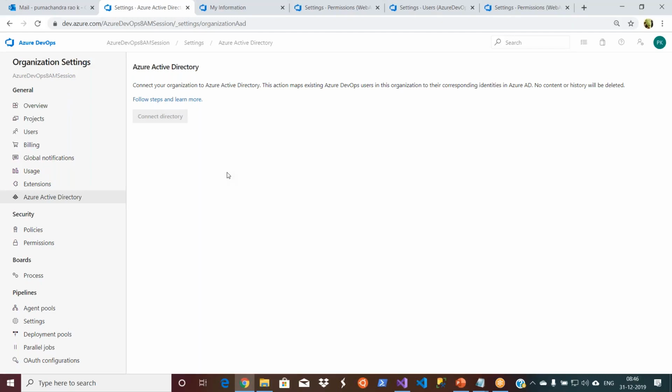But if you want to use another Active Directory, it's not at this level. Let us say this is the Azure cloud, so this comes under Azure cloud administration. You have to set up some site-to-site VPNs on the Azure cloud and connect your Azure cloud with your on-premise data center, and then you can connect your Active Directory. Obviously your organization has its own Active Directory, and you also have the Azure Active Directory. What people do is mix them.